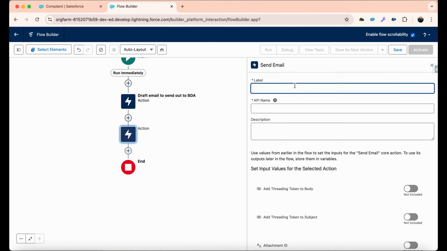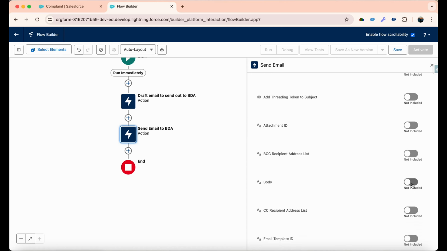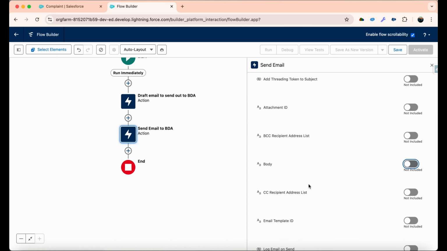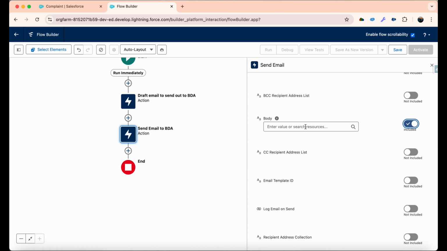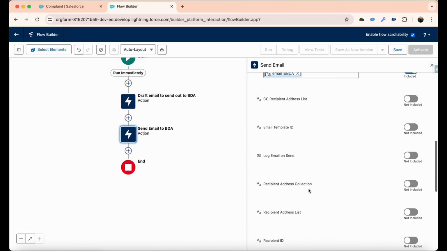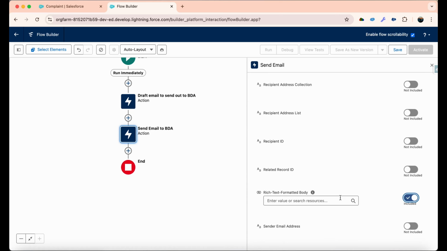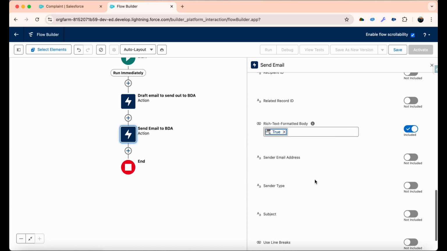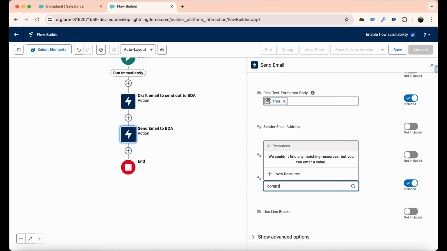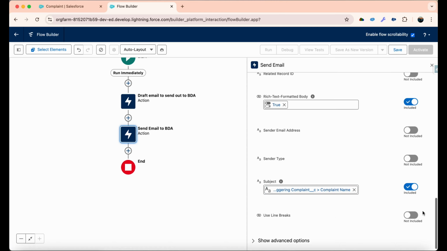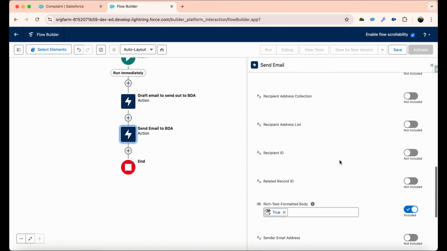So let's say I'm sending the email, send email to blog development authority, and for now I'll include the body. Or I can just give it as rich. Okay, let me give the body as the email to BDA and enable it for rich text formatted. Okay, and subject is complaint name. Okay, let's keep it dynamic, and we can use the line breaks, and recipient ID we